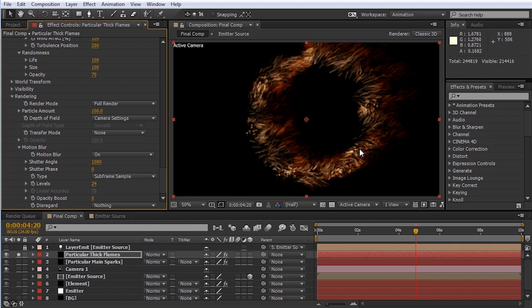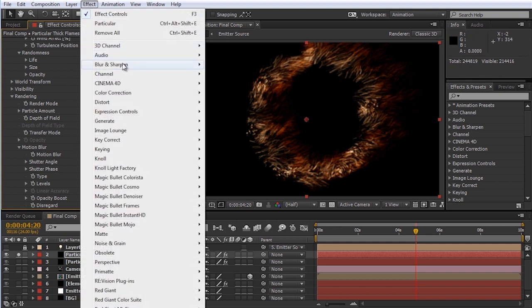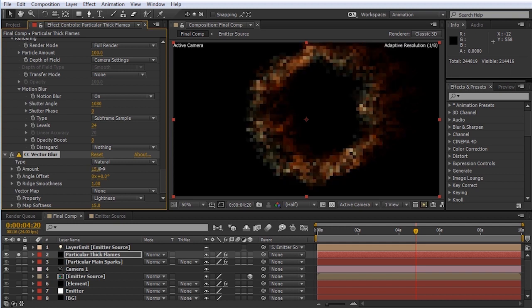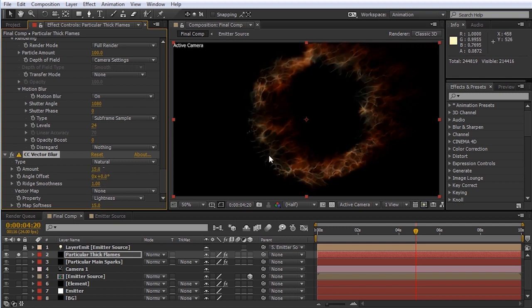Alright, now we've blurred the particles out, but it still is not looking very flame-like. Let's add a couple more effects to help this out. To this layer, let's add Effect, Blur and Sharpen, CC Vector Blur. What we're going to do is increase the amount of blur until we're happy with it. In this case, we'll bring it up to about 15. And as you can see, it really blends the layers together a little bit better. We're also going to decrease the ridge smoothness from 1 to 0.5 just to make the ends a little bit